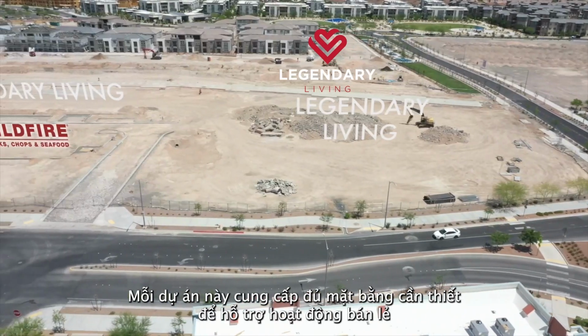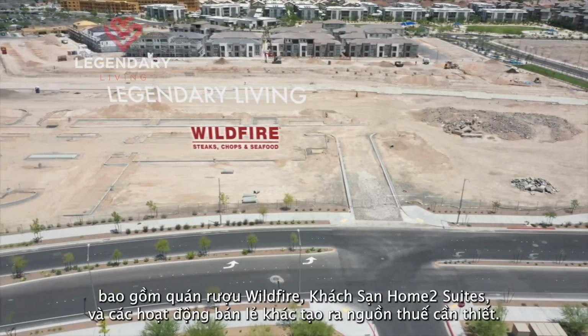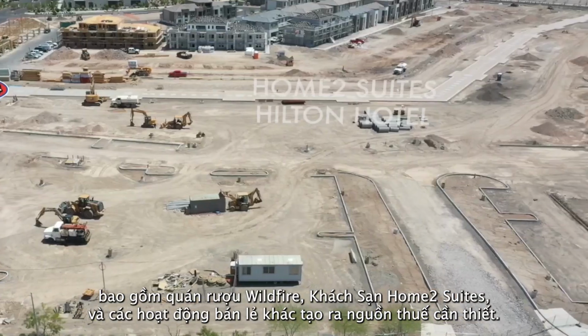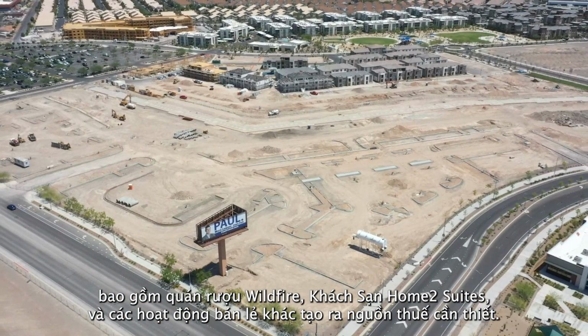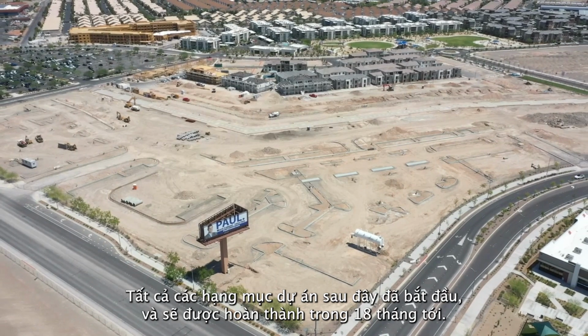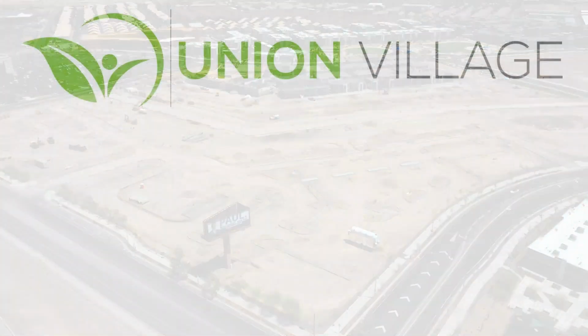Each of these developments provides much-needed rooftops to support retail that includes a Wildfire Tavern, a Home2 Suites hotel, and other much-needed tax-generating retail. All of these projects have begun and should be completed in the next 18 months. Finally,